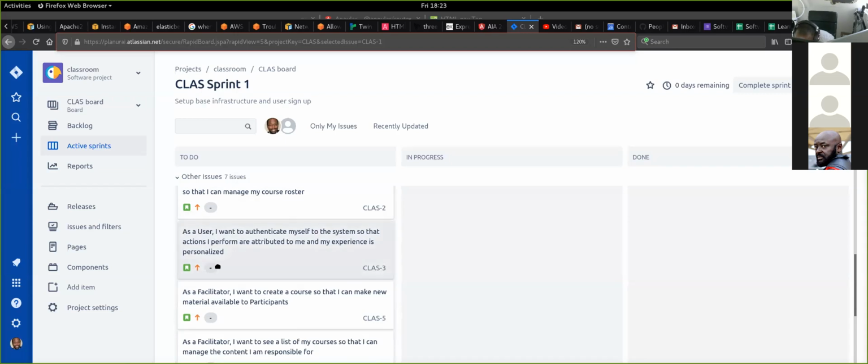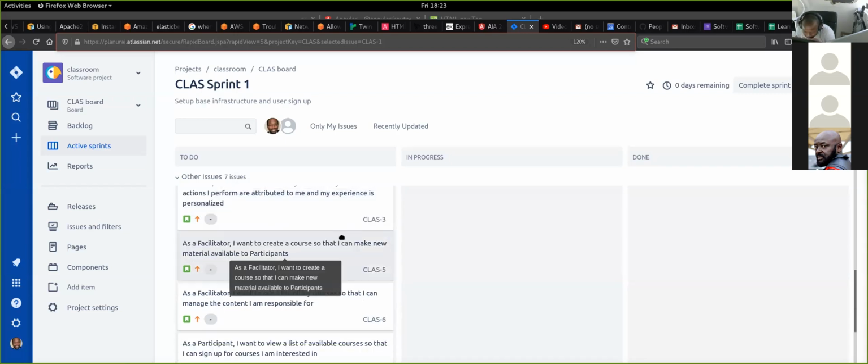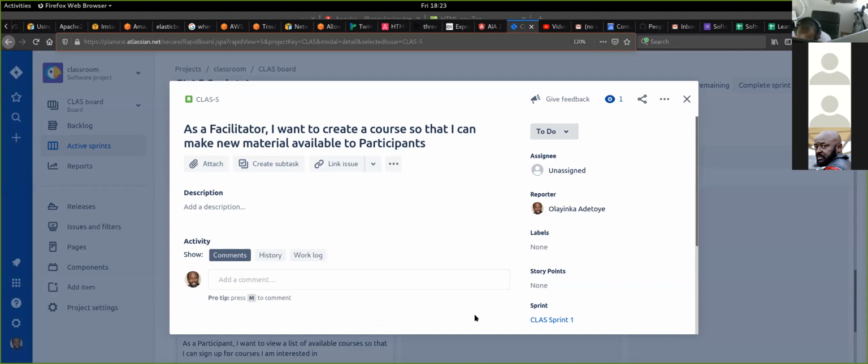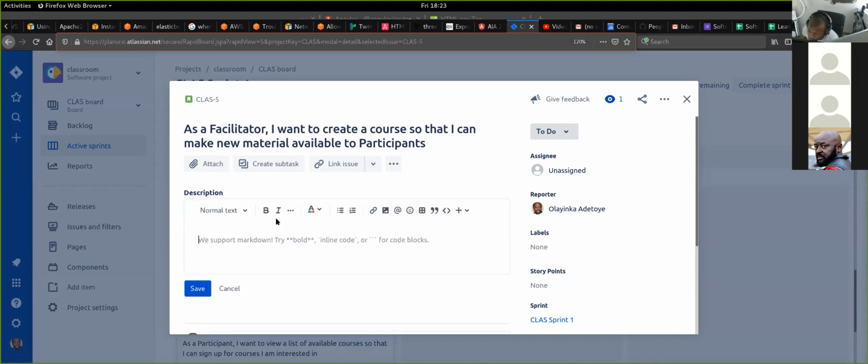Let's look at something else. As a user, I want to authenticate myself. Let's skip that for a second. As a facilitator, I want to create a course so that I can make new material available for participants. This is a good one to work on. Okay. Let's write acceptance criteria for this, and then we'll build out the endpoints for it. So, given that I am a facilitator,